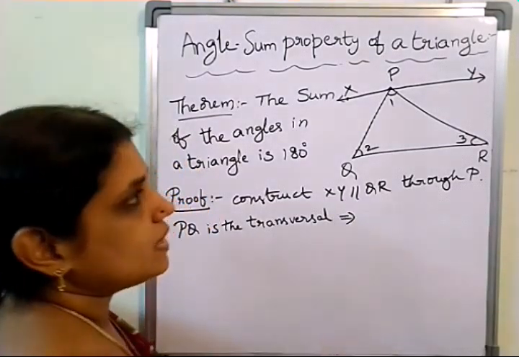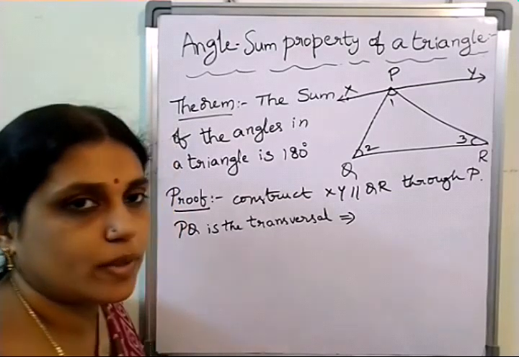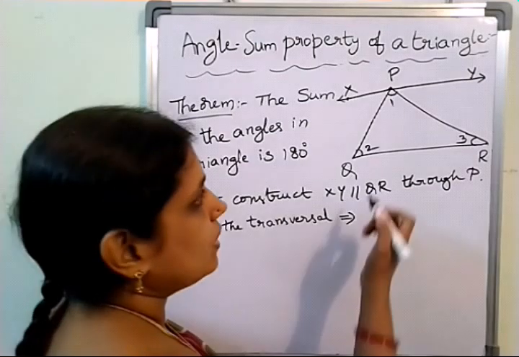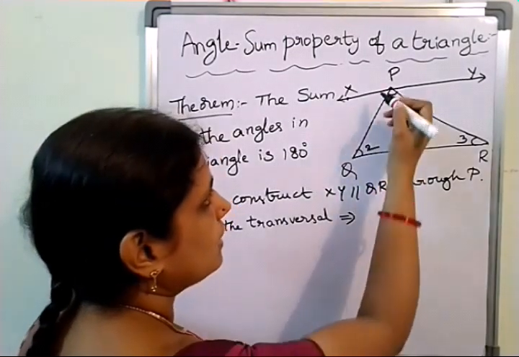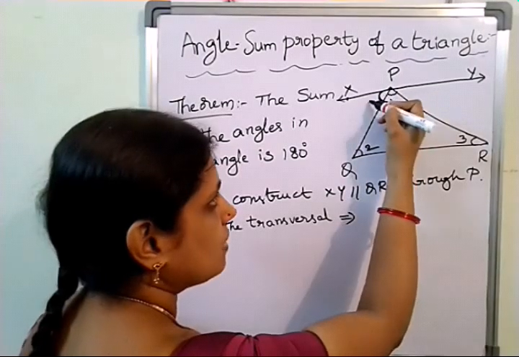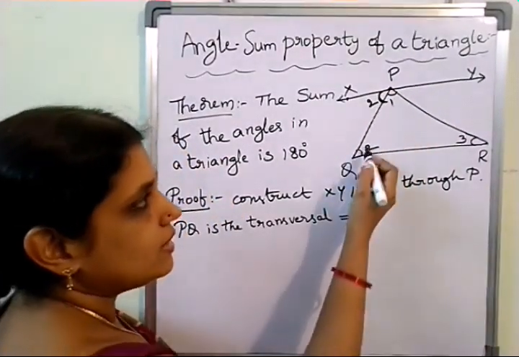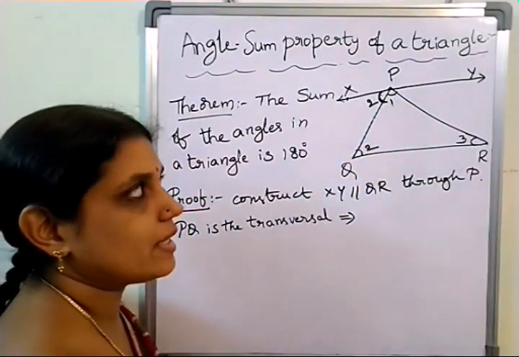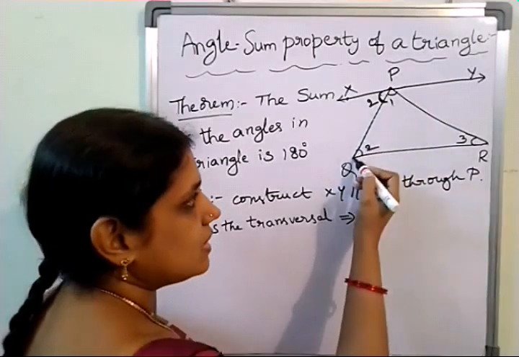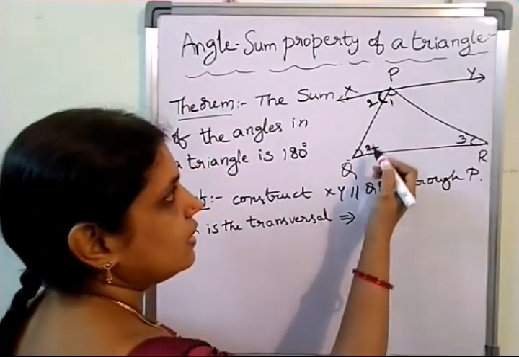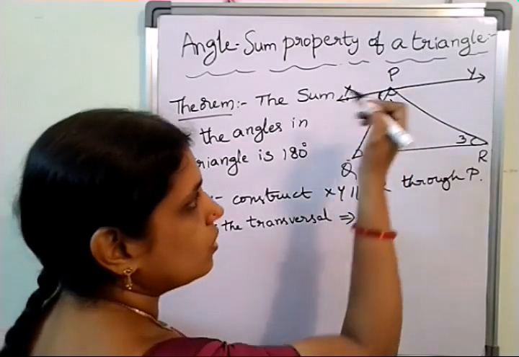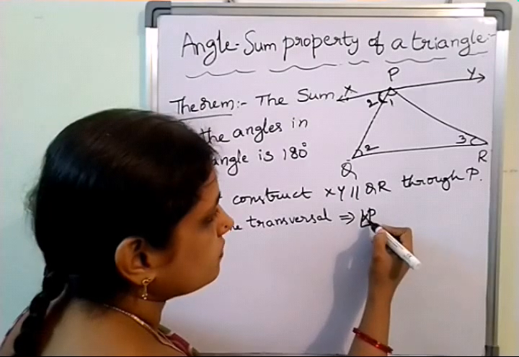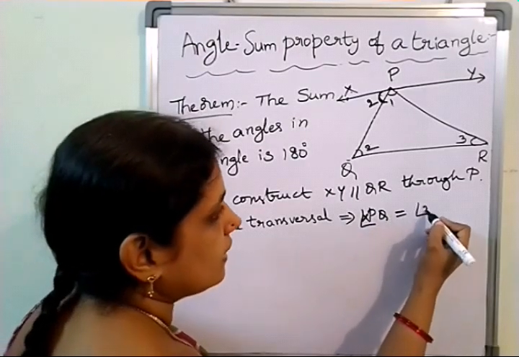So here from this what you can write based on the property of transversal drawn for parallel lines. Okay. So here if this is angle 2, what about this? This also should be 2 only. Why? These two are alternate interior angles. Alternate interior angles are equal when the transversal is drawn for parallel lines. That's why angle XPQ also is equal to 2. Okay. So what is angle XPQ? Angle XPQ is angle 2.